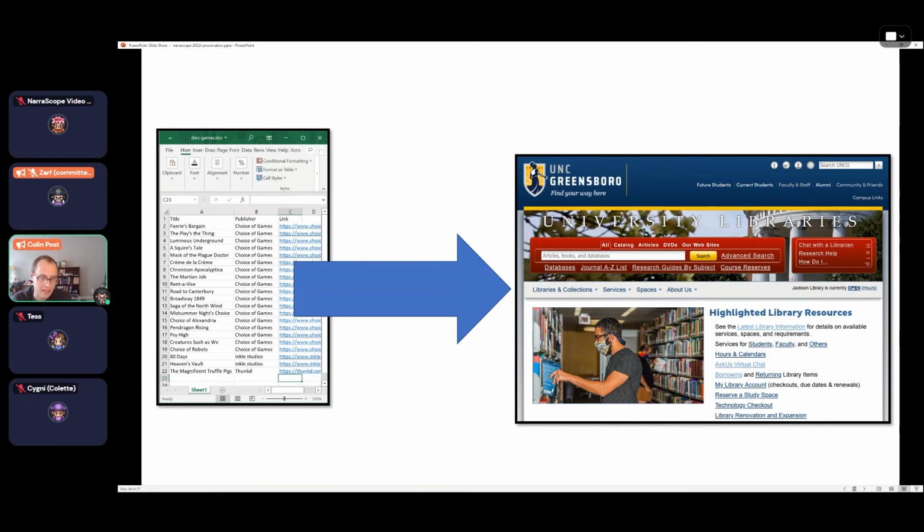I'll also shout out that Inkle donated Steam keys for a couple of their games, and as a result of this talk being on the schedule, Thumped Studios reached out and also donated a Steam key for Magnificent Truffle Pig. So if any other publishers out there want to donate games to our collection, that would be much appreciated. So my goal, and this is what I'm working on right now, and I'll be doing full on